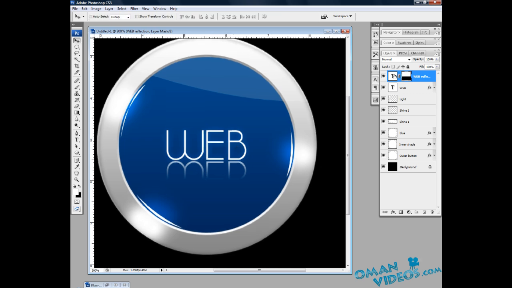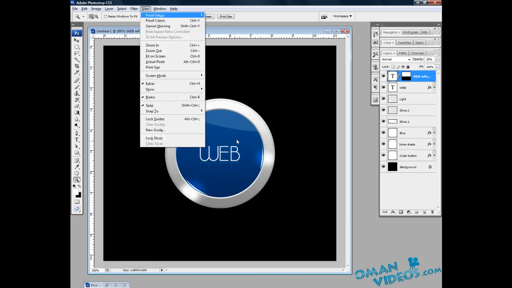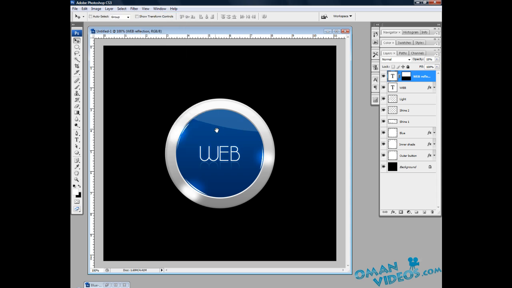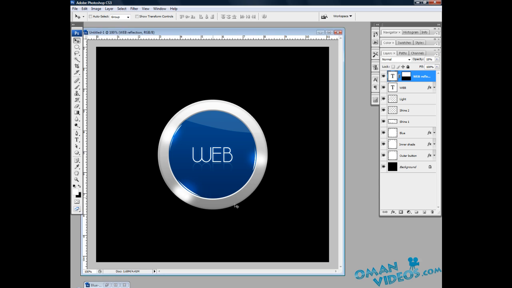That's exactly how we want it. Clicking on the text layer icon here, reduce the opacity to about 15%, which is good. That's great. That's done. So this is how we create a web button look,